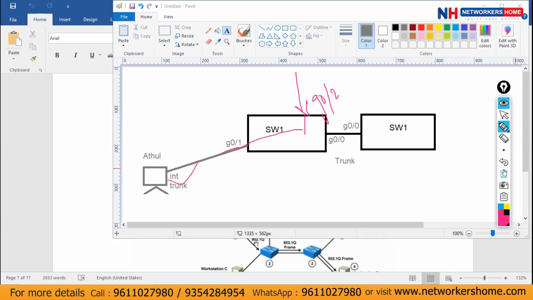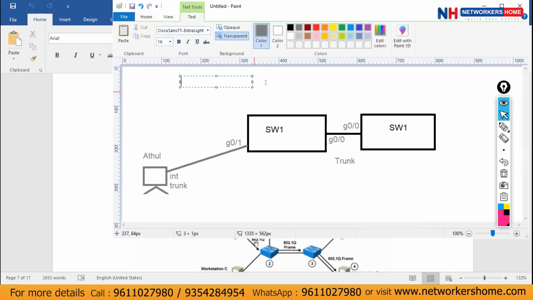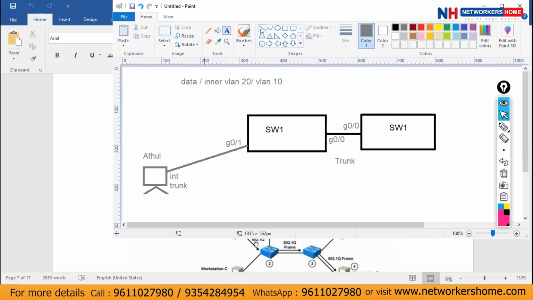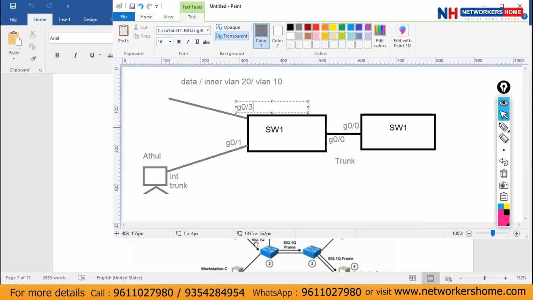Now let's say I have data with two tags: an inner tag of VLAN 20 and an outer tag of VLAN 10. Whenever anyone sends a packet on this particular interface, let's say G0/3,